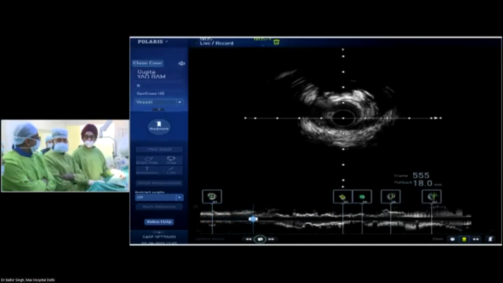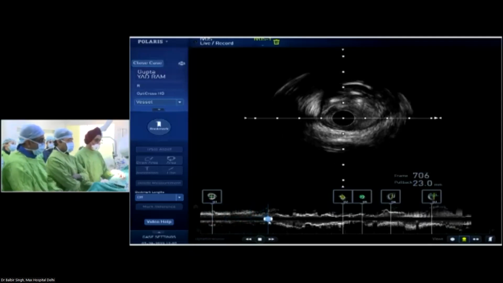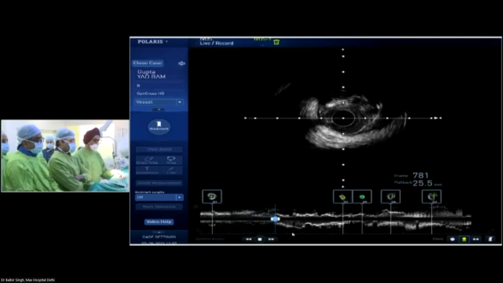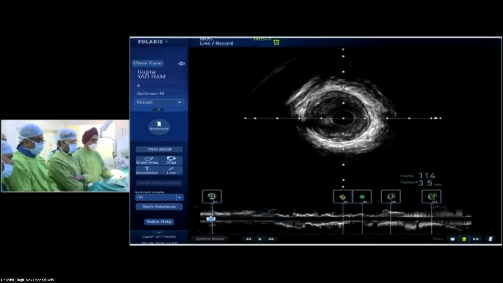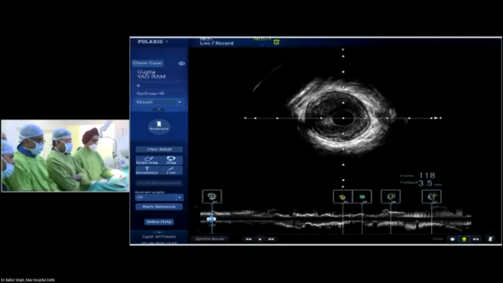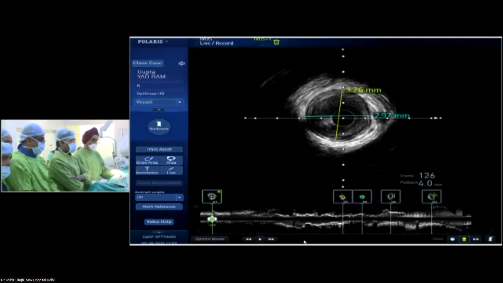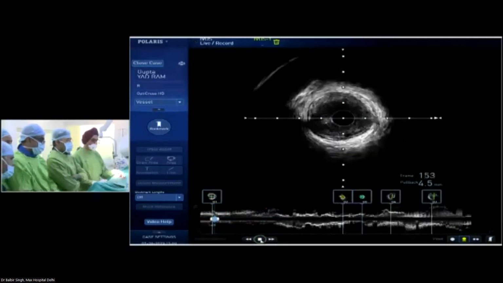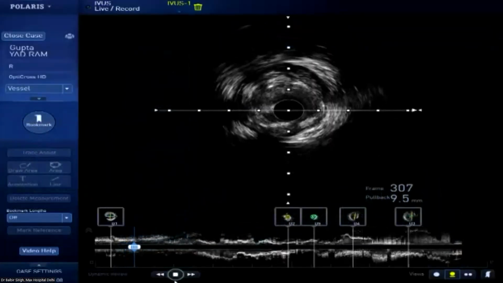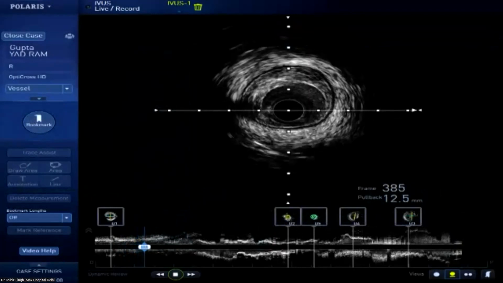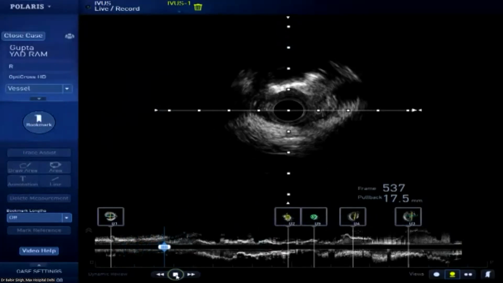Can you show the IVUS runs? Yeah, we see already IVUS. So running. I have taken from the distal part. So there is disease in the distal part. Can you go back and show the first measurement? So this is the measurement on the normal part of the vessel, which is around 3. So this is the distal part of the LAD, around 3. Now we can run. So we come to the plaque. You can see we are in the plaque now. And there is some calcium, not much. So we'll be able to handle this with an NC balloon. Just as we go proximally,